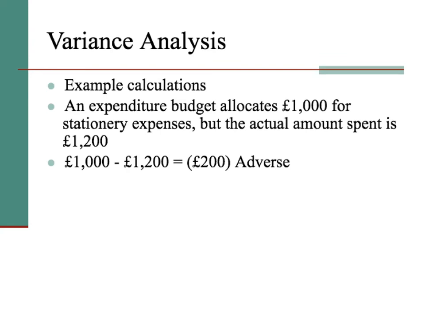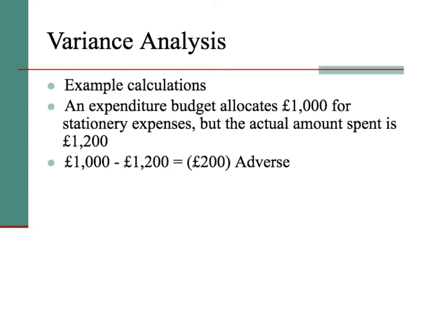To talk you through an example then, so this is for the expenditure budget. So I've got a business here, they allocate £1,000 for stationery expenses. So you can imagine when you send out your invoices, you need these things. Your workers might need pens, pencils, you might need notepads, that kind of thing. The actual amount spent is £1,200.